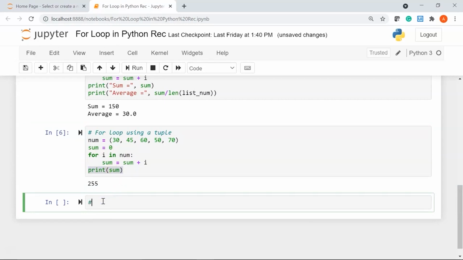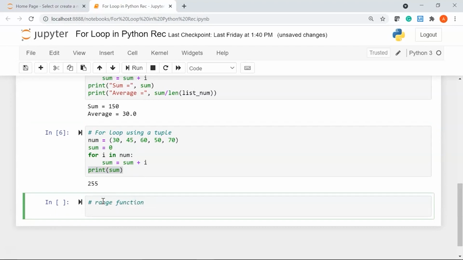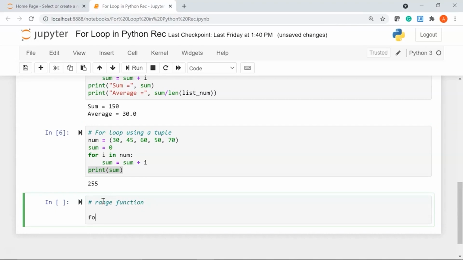Now let's see how you can use the range function in Python. Okay, so you can use the range function to iterate over a range of values or numbers using a for loop. The way to do is I'll say for i in my function range, I'll give my first index at 1 and my end index at 10.